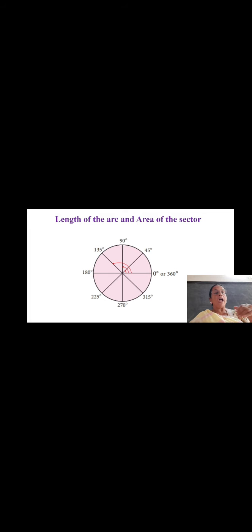Sometimes if they give you angles, you write it as theta by 360. When they say it is divided into a number of parts, in your problems, in the exercise 2.2, if they say theta, you substitute the value of theta. If they give the number of sides, you make it as 1 by n, where n is the number of sides, meaning how many parts they are going to divide it into.